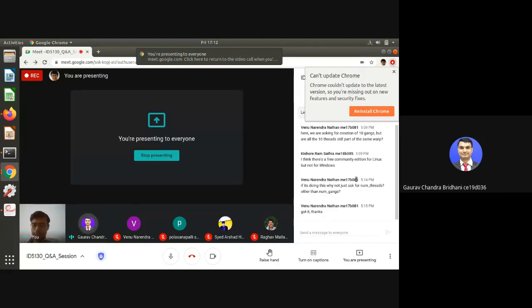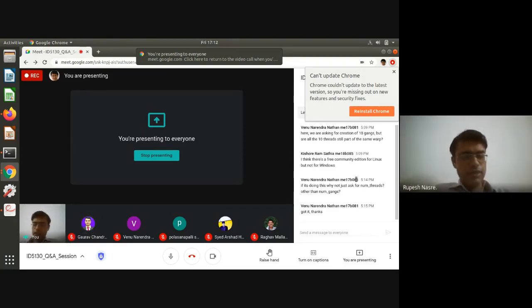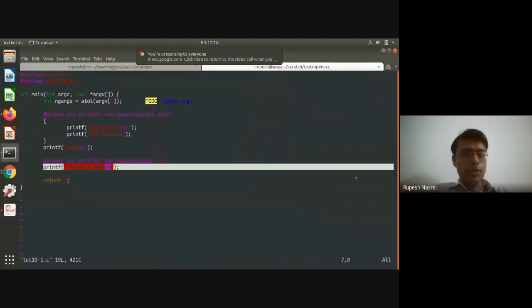Sir, this print of host, so can we say that the host is being printed by the CPU and the part which is parallelized with pragma acc is being printed by the GPU? Yes, that we can say in this case. It so happens that the way we have written the program, host is always going to get printed by the CPU, and hello and bye are going to be printed by the GPU as well as the second pragma.